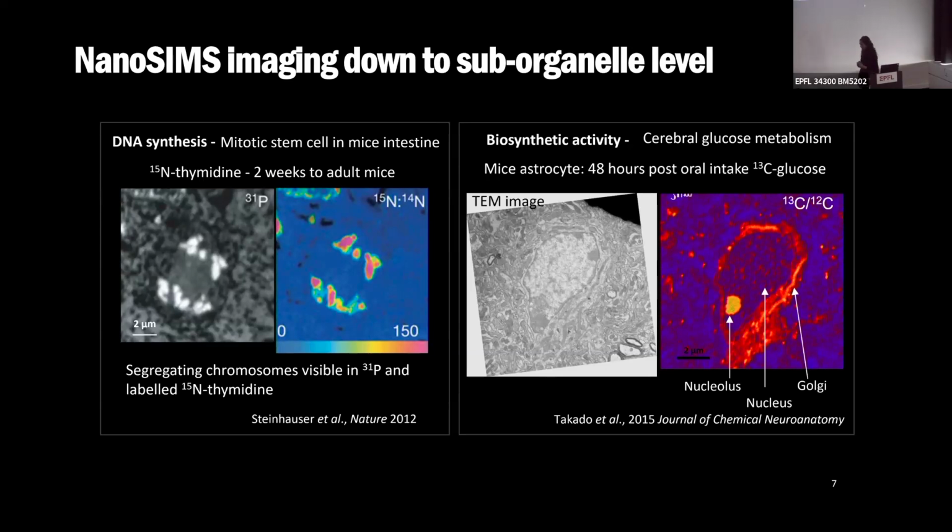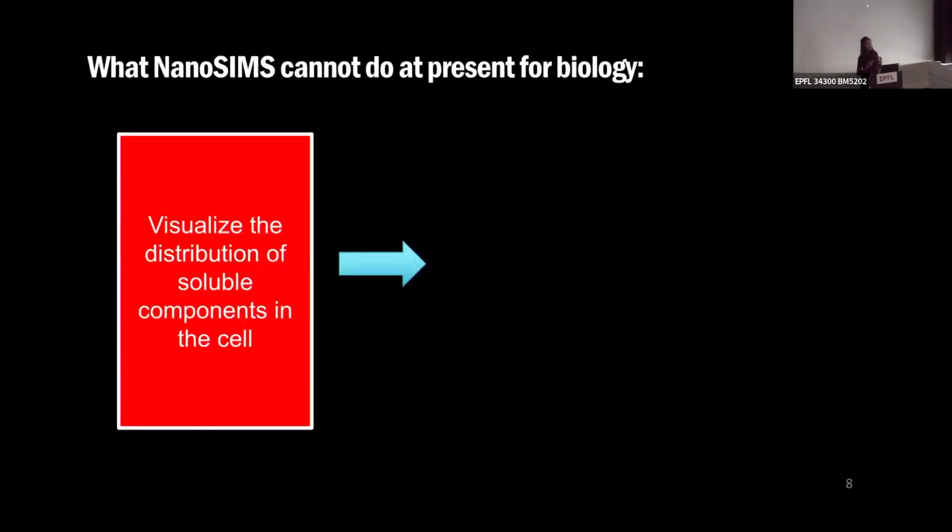And so this is really important for us in biology, because this can already answer a lot of questions on things that are actually fixed within the tissue. But a lot of biological tissues have compounds which are very important in the solutes, for example, ions. And these are usually drained out of the cell when you run it through a classical sample prep. And this is one of the biggest caveats of using NanoSIMS for biology. And so if you really want to visualize the distribution of the soluble compounds in the cell